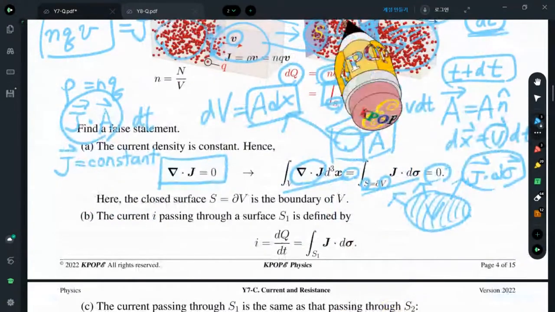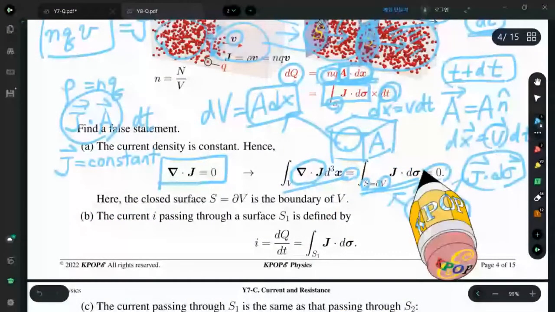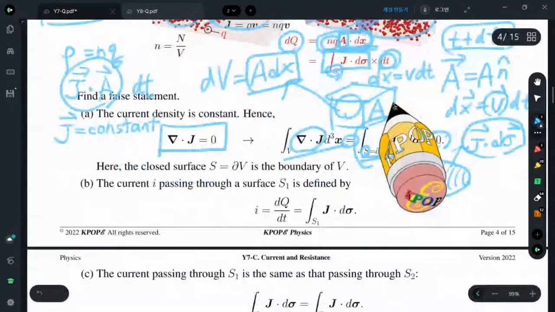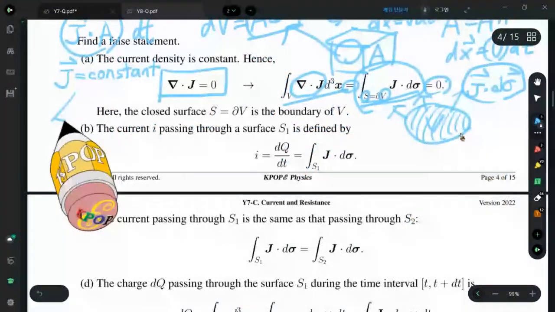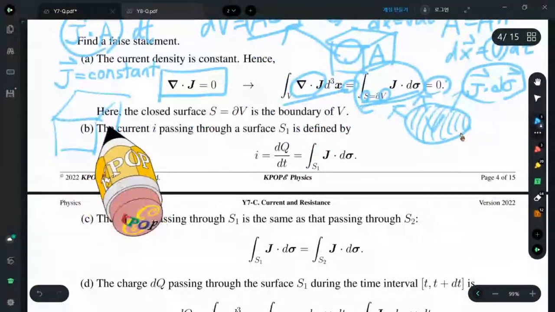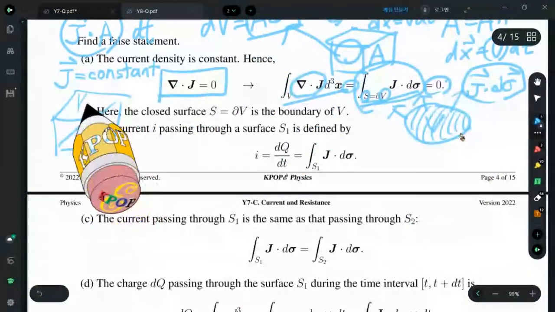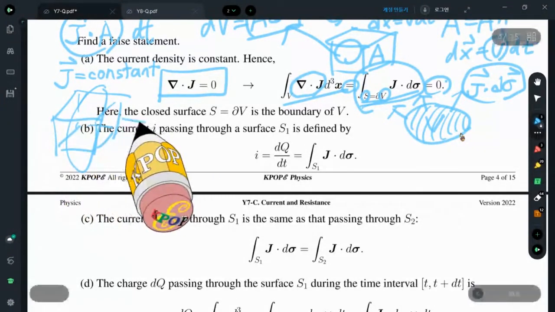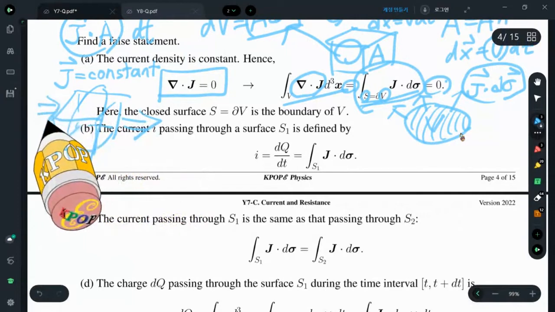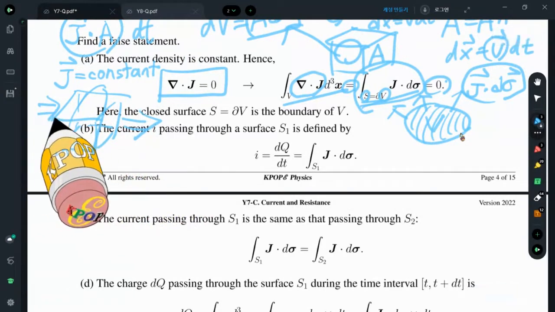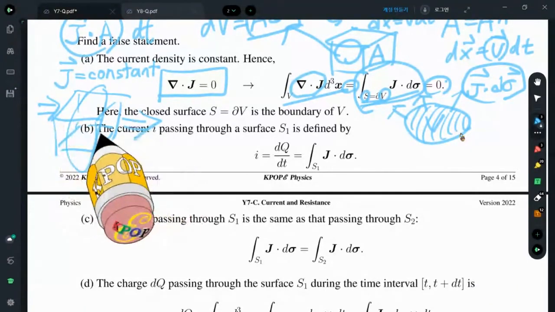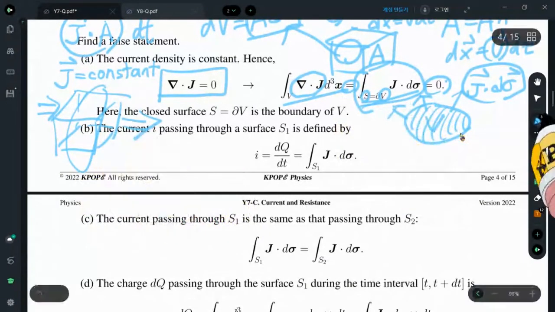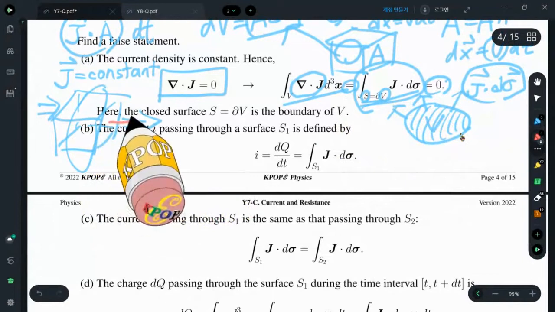In that case, this amount is always 0. That means we know this box consists of 6 faces, and these 4 faces, this side is closed, and this is out, and this is in. Amount of coming in is the same as amount of coming out, then this surface integral is